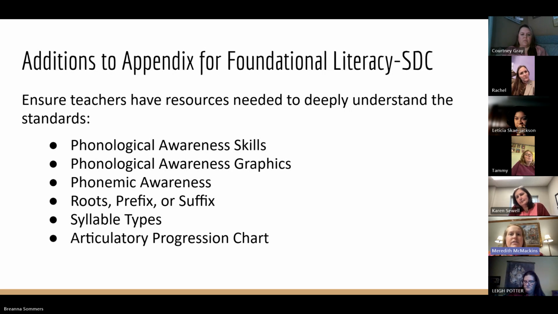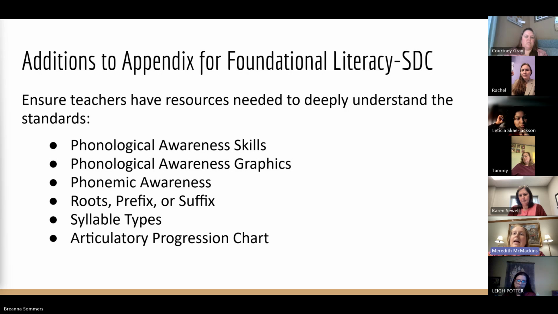And in the current standards, there are only phonological awareness standards for kindergarten and first. And we realized that that instruction is concentrated in K and first, but it's equally as important that it continues in second grade. So we're proposing to add a phonological awareness standard for second grade, which is also why we felt like these graphics are very beneficial. And there'll also be the same kind of stair step visual for spelling progression. And then within both of those areas of the appendix, it will also have an example of the task